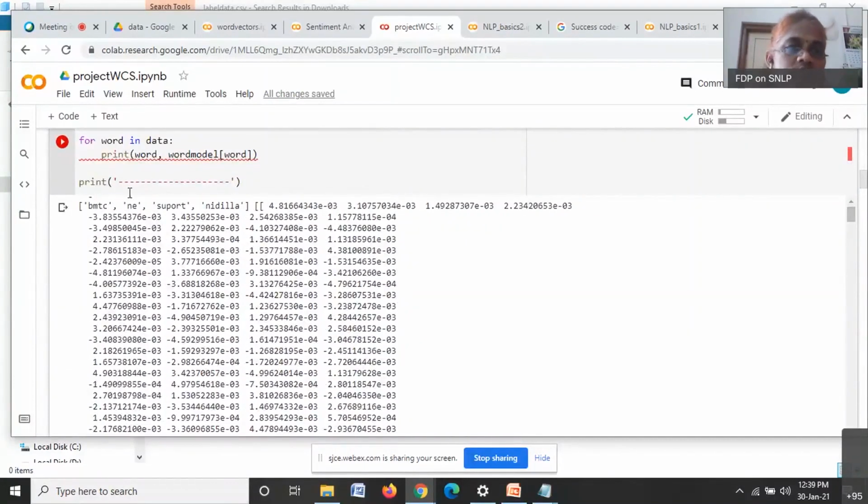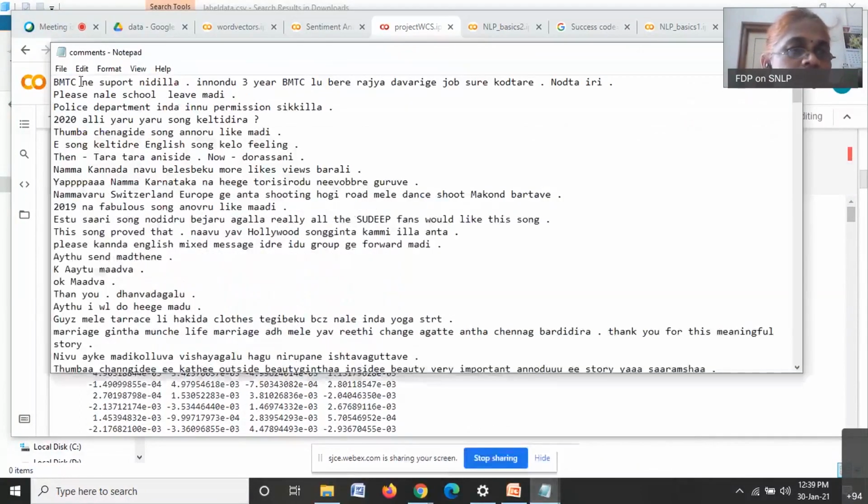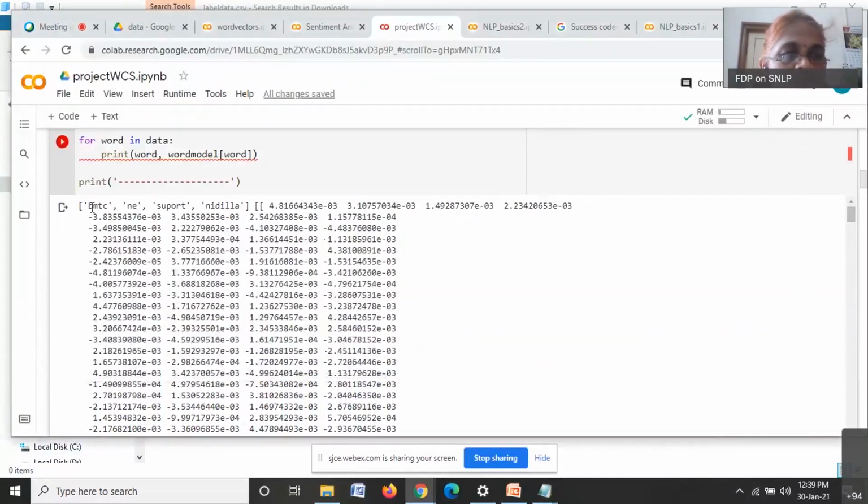See, this was the first text. You can see it here. See, BMTC support needilla. This is the first sentence, right? For this, we have the embedding.